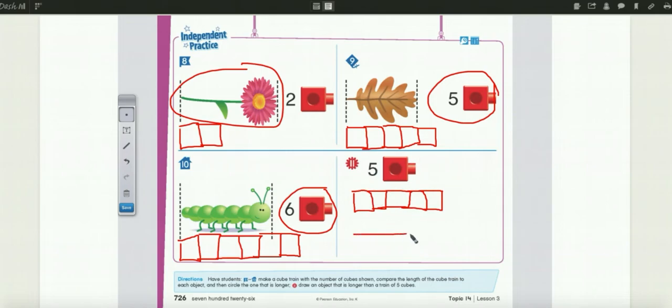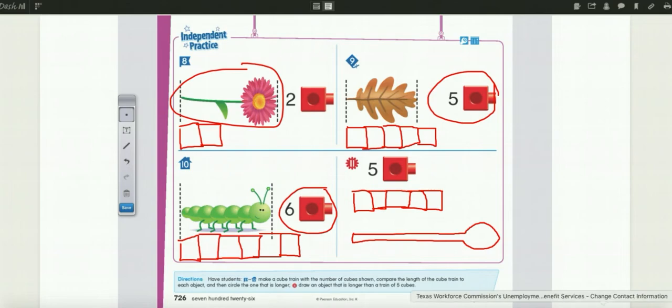I'm going to go ahead and draw a spoon. The spoon is longer than the cube train. We're going to go ahead and move on to